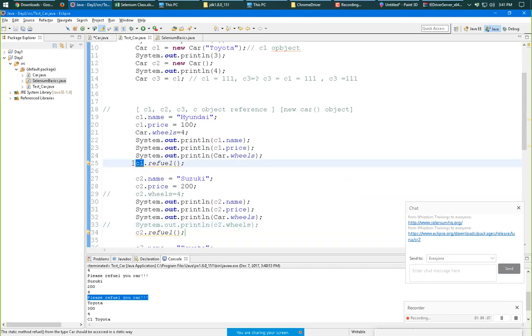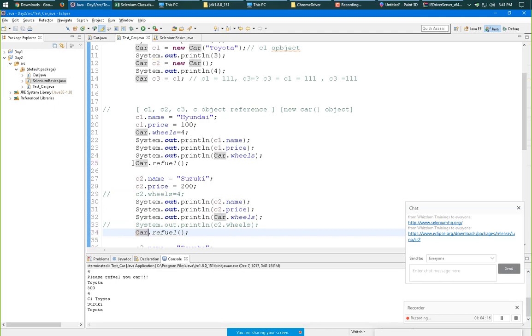So to access it now, I'll use the class name and dot function name. Now both of these are sharing the same memory, so we are not wasting memory.